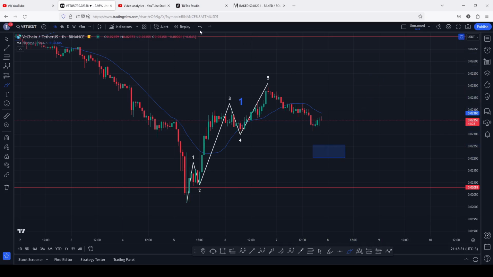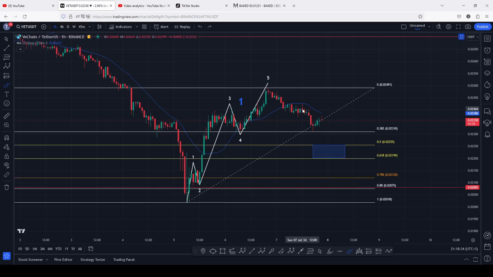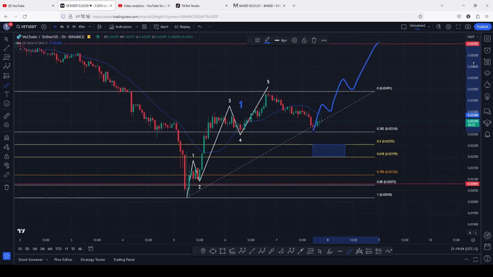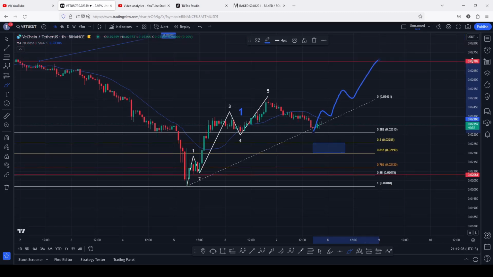But also remember that at the time of this recording, the fib level 0.382 is holding as support, and that would mean that there are chances that we can see a reaction of this area on the Fibonacci, get a bounce, break above the 20-day MA, flip it back into support, see a push to the upside, and the moment we manage to break above yesterday's high above the 0.02491, that would mean that Vechain is going to continue unlocking higher prices, where I will have my first target area above the 0.023, the 0.02706,